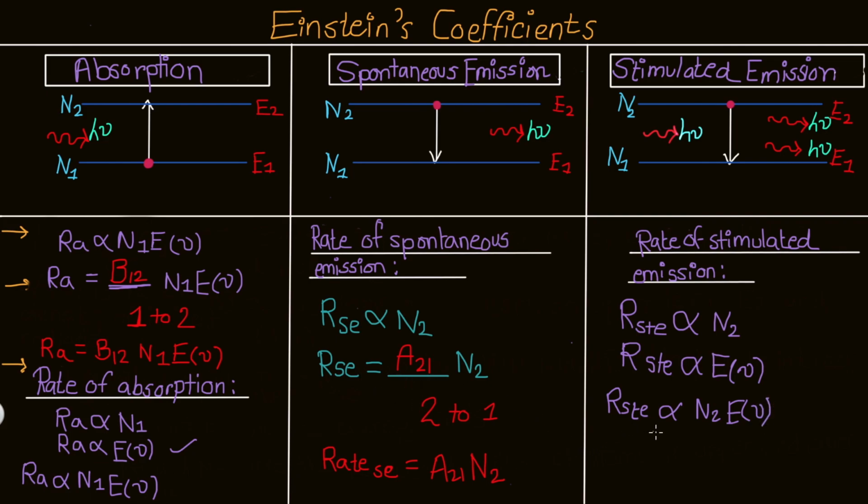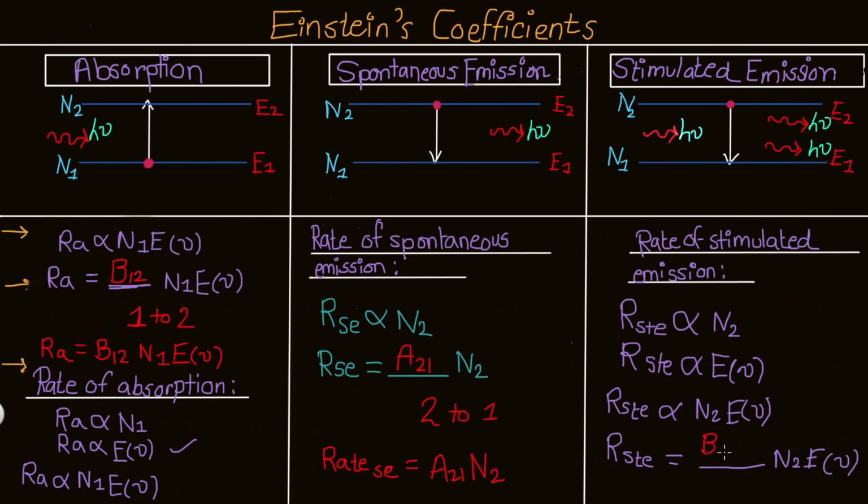Again, if we were to change this sign into equal, we would need a constant of proportionality. That constant of proportionality is Einstein's coefficient. So the coefficient we are going to put over here is